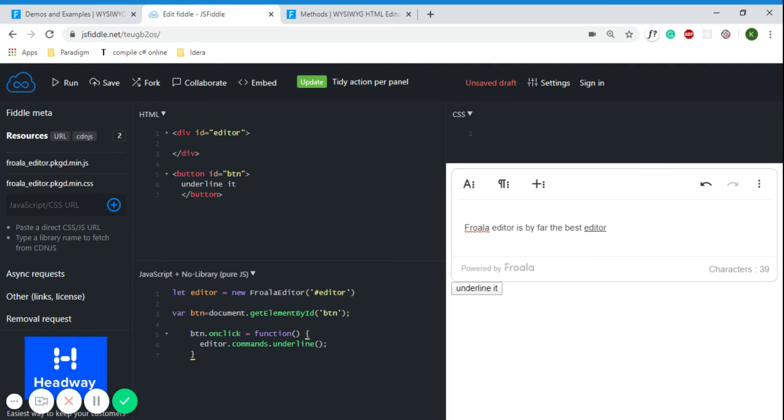As we all know, underline text is often used to emphasize a word within a sentence. So this is how it works, and you can use the same script in your project as well to run